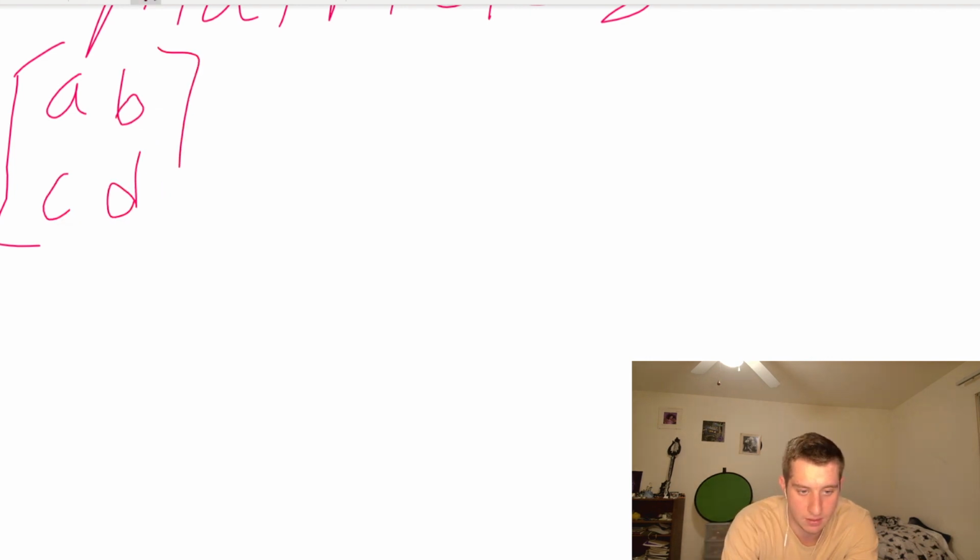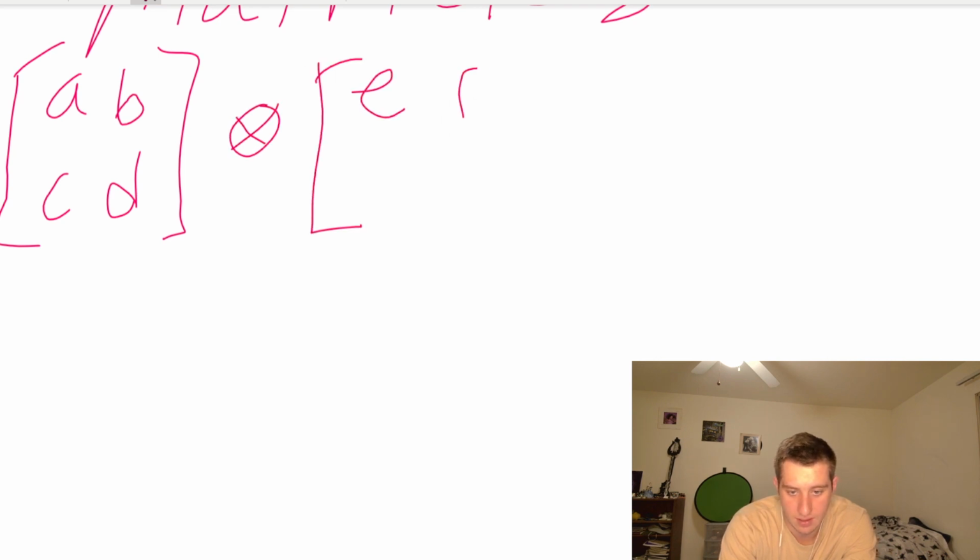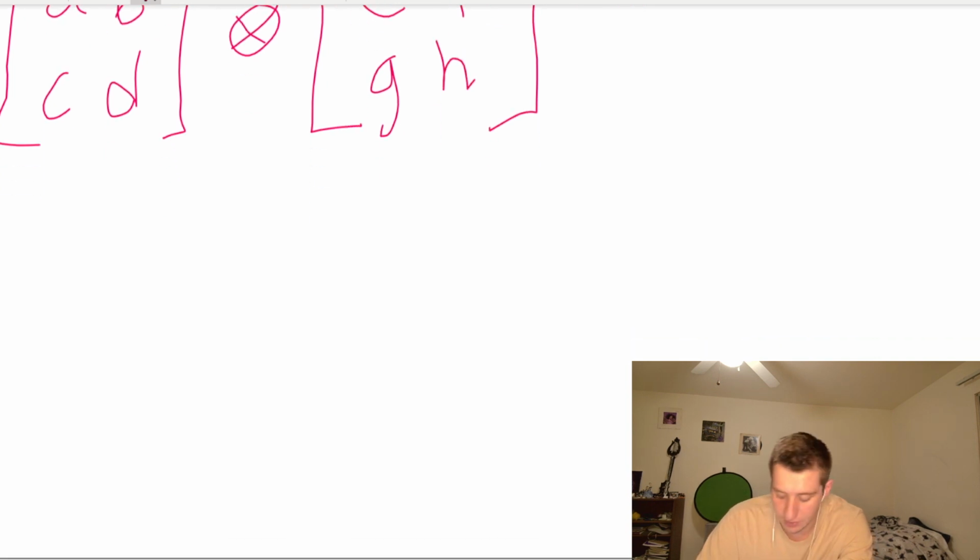So what if we want to take the tensor product of matrix A, B, C, D, tensored with E, F, G, H? Obviously, that would give us